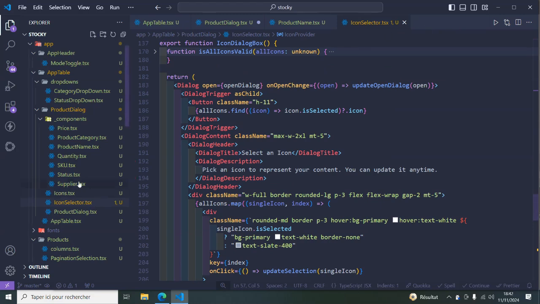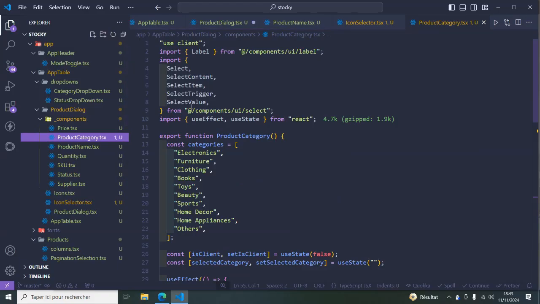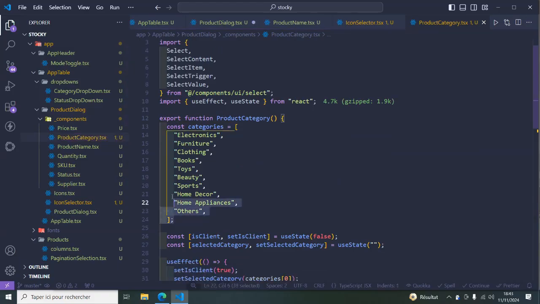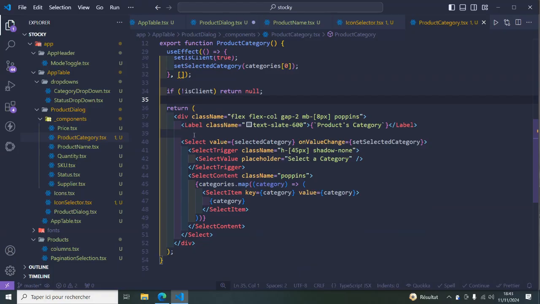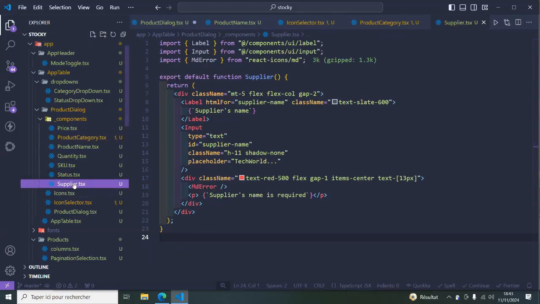So let me close all of these things. And here we're having, for example, the product category. So we're going to use the select input, and also we're going to use the category array. And here, just adding this to make sure that we're not going to have the hydration problem. And here we're returning the select component. So we're using the categories array to show all the elements inside the array inside the select UI component. And for the other elements, we're having the supplier, so we're just using the input,